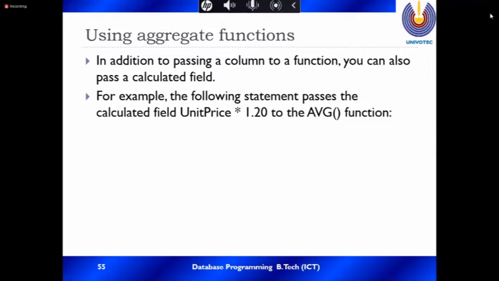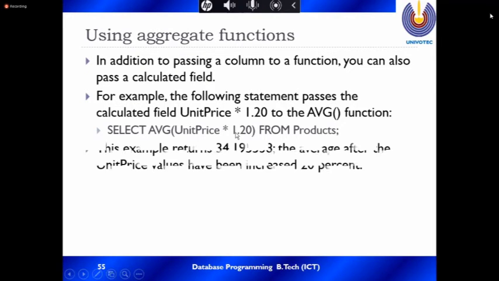To get the average price with a 20% increase, use unit price times 1.2. Each unit price increases by 20%, so the average price also changes. This example returned 34.19, the average after the unit price values were increased by 20%. Such calculations can be used inside the function.